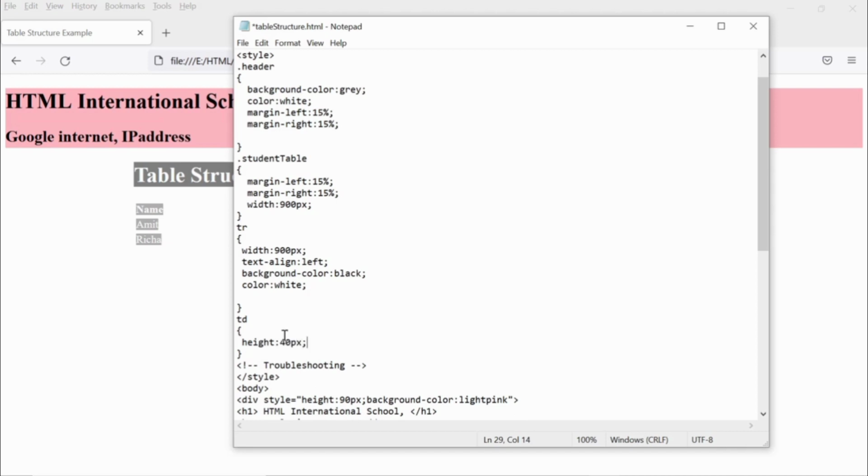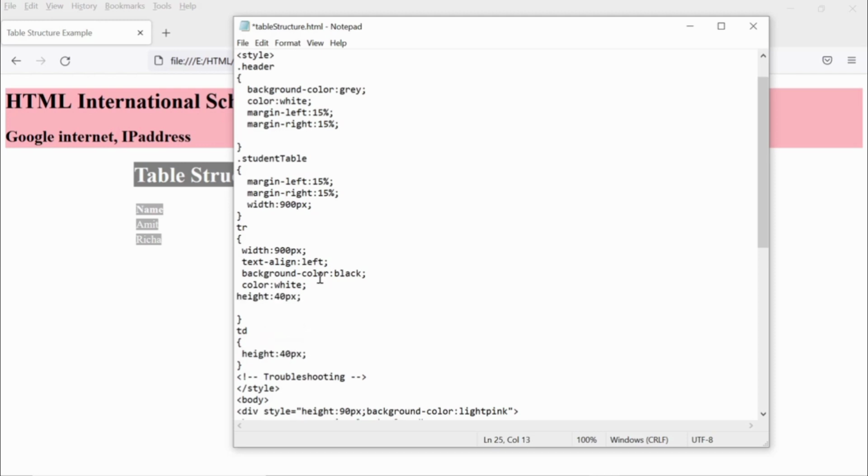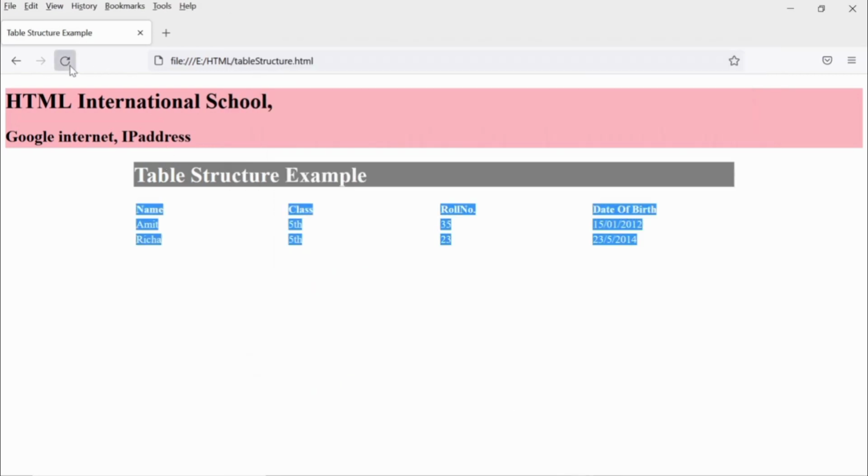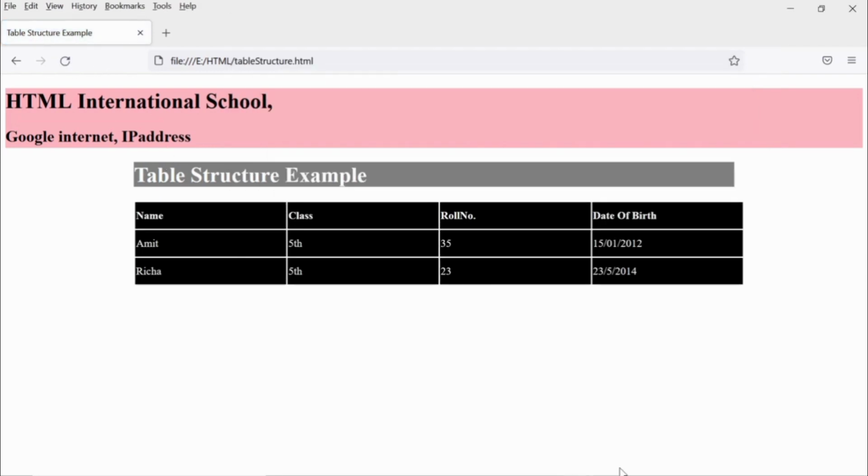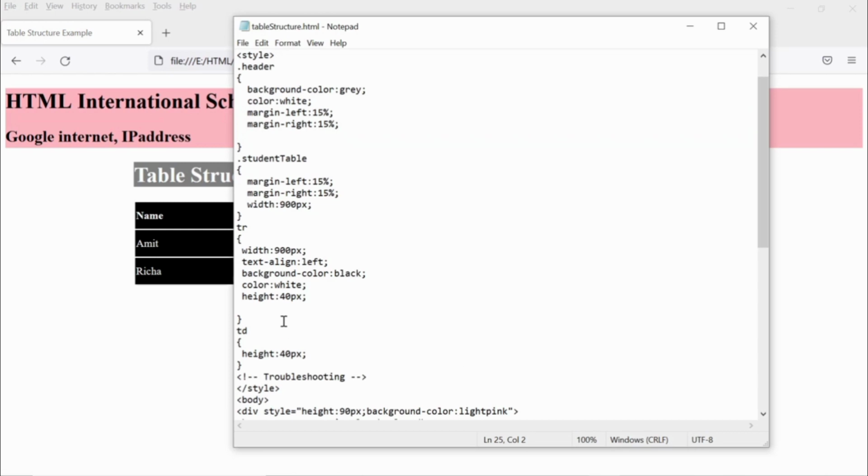So let's add the TD height. TD is a predefined HTML tag, and the CSS inside that will be automatically applied to them. You can see now we have the full rows and header of 900 pixels, and we are having a black color in all the table rows.